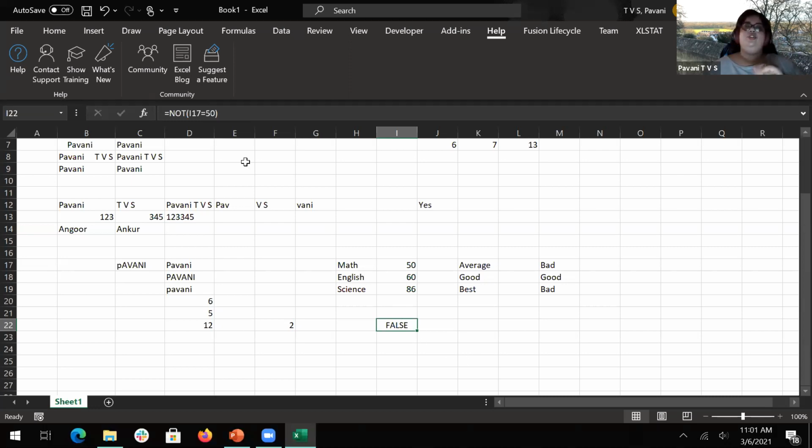Then it is going to give you, if it is like greater than 50. I changed it to greater than 50. It shouldn't be greater than 50. NOT is there in front. So it is like a negation of the condition you are giving it.